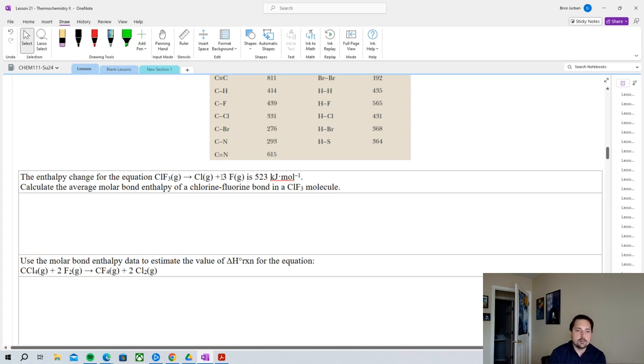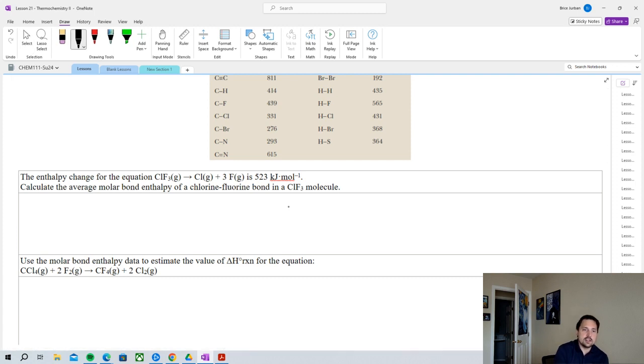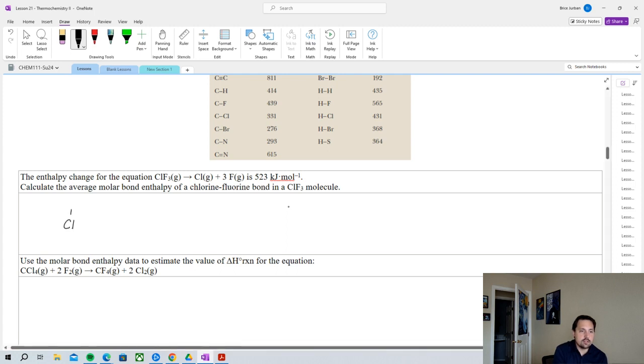From this information, I can calculate the bond enthalpy of a chlorine-fluorine bond, specifically in a chlorine trifluoride molecule, by realizing that there are 3 chlorine-fluorine bonds, and that for each of them, the average energy would be 523 divided by 3. So if we draw out this molecule,